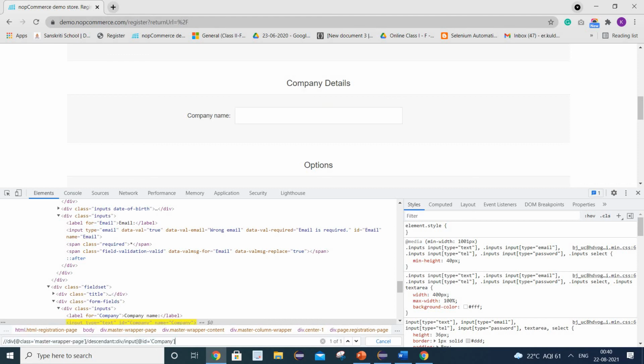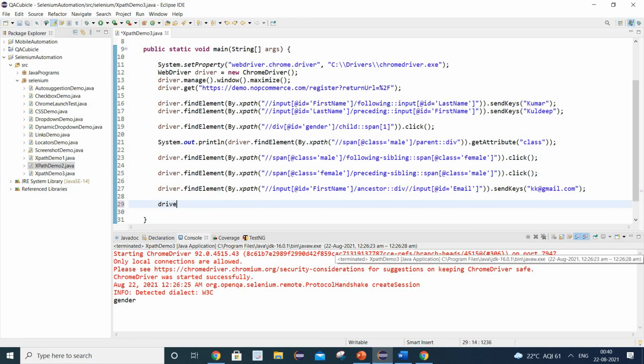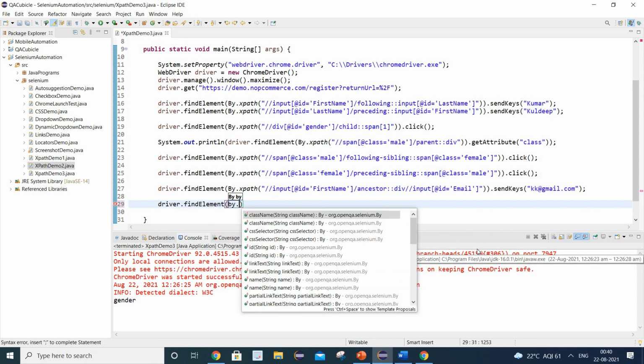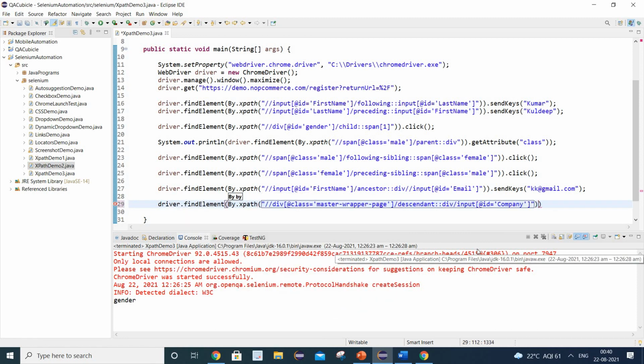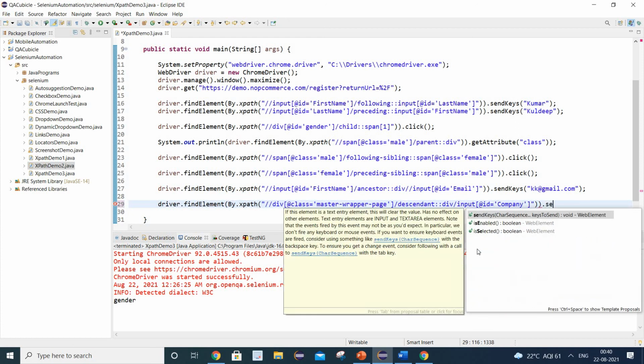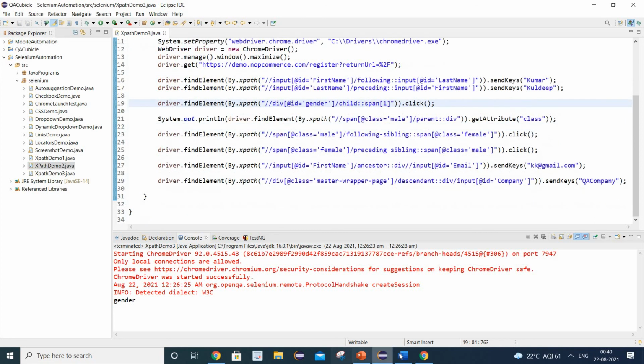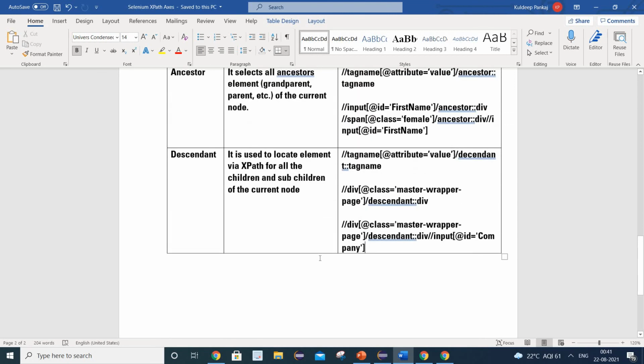You can see it has started highlighting the company name, and I can use the same in my code. So I will write driver.findElement(By.xpath(...)), and say let's enter anything like QA company. This is the way we can work with the XPath axes methods.